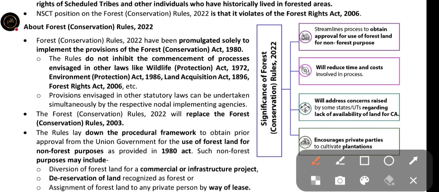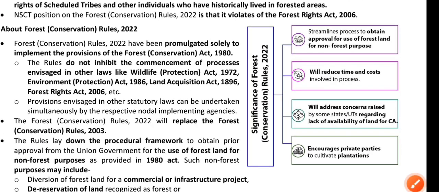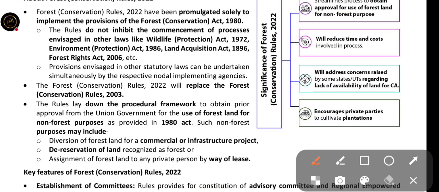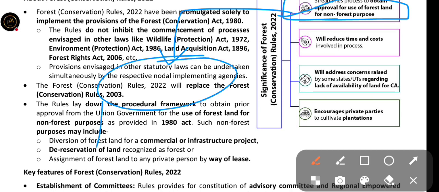And this is the significance of the Forest Conservation Rules 2022, that is, a streamlined process to obtain approval for use of forest land for non-forest purposes. So you should remember, forest land for non-forest purposes, that is industry and hydropower projects. These forests can be used for industry as well as hydropower projects where forests are not very dense